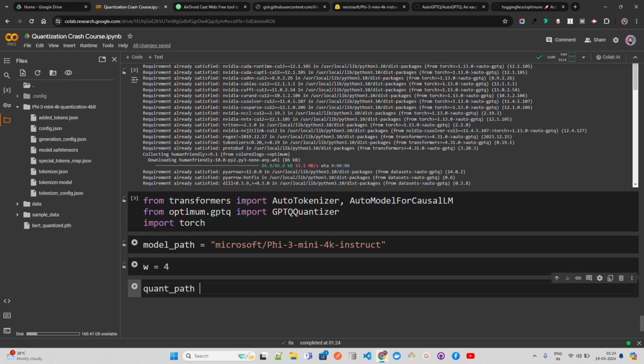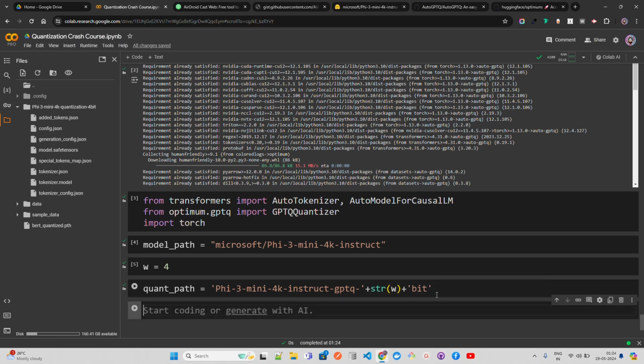And then you're going to write quant path here. In quant path, I'm going to write the same thing. So I think it's okay. You can see Phi-3 mini 4K quantization 4 bit, whatever it's showing. But I'm going to make a bit of change here. So I'm going to say, hey, look, Phi-3 mini 4K instruct. Let's write instruct. And then I'm going to write my GPTQ. Let me make it a single code for this. And what I'm going to do is string the bit, so which is W and then the bit. Okay, now this is my quant path.